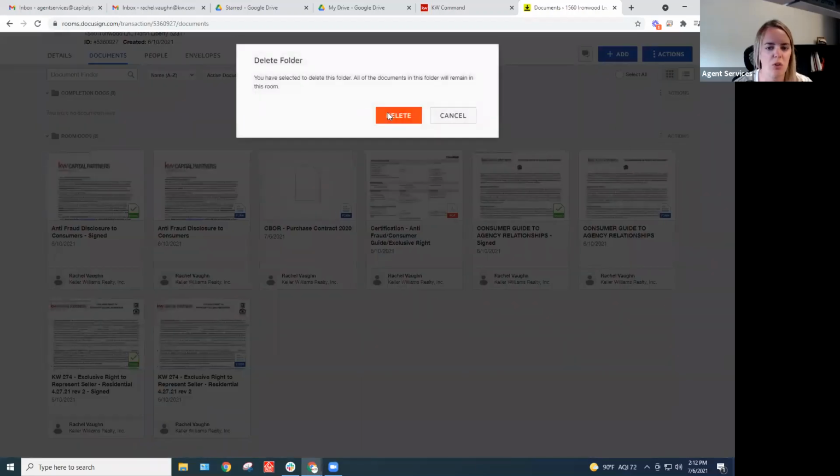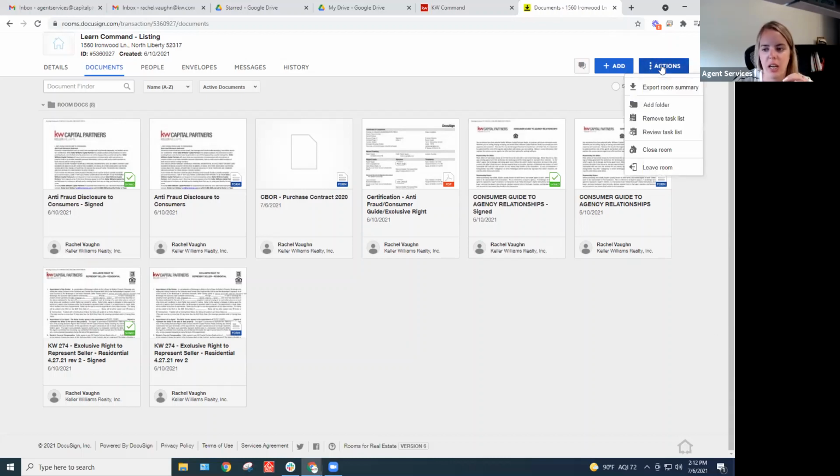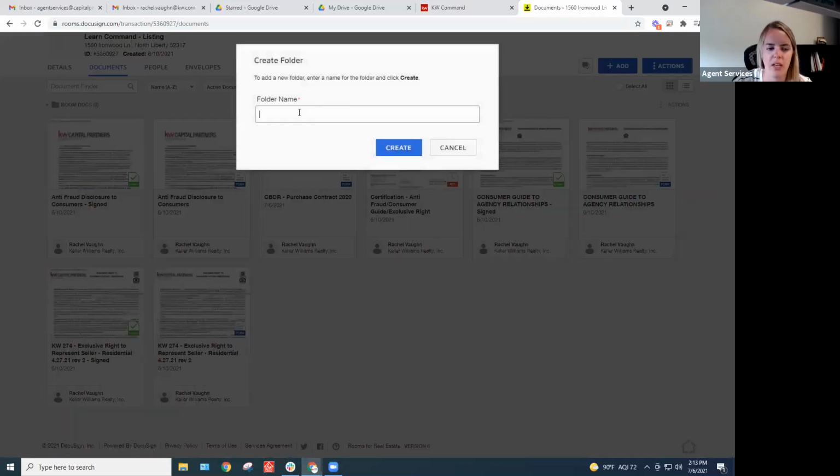So I'll be totally transparent with DocuSign. When you have multiple forms in here, it's super confusing. It's not pretty to look at, and it's overwhelming. So the biggest recommendation I can give for your documents is to create folders for them. So by default, you have the one Room Docs folder, which is great and all, but organization is key. So up here in the top right corner is actions. So when you click on that, you have add folder,